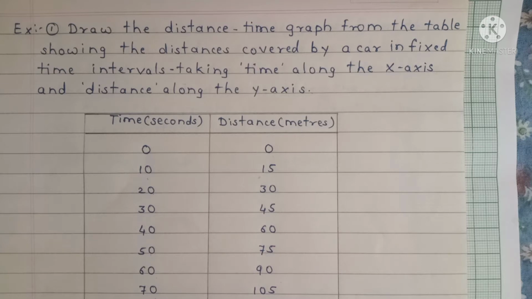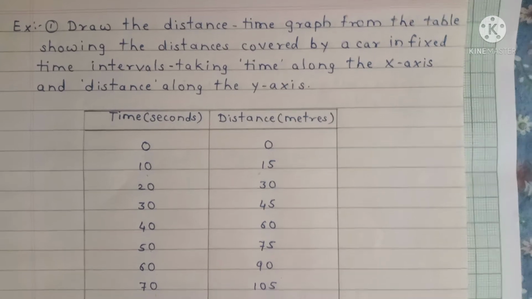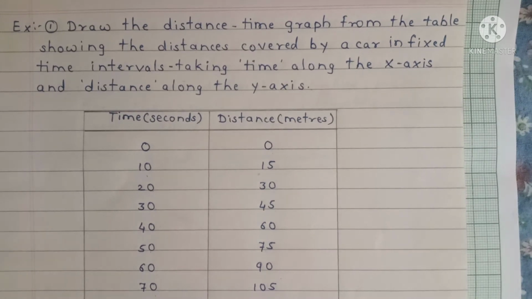Today we are going to see graphs from chapter number 1. So let us see first of all the first graph on page number 5, children. There is a graph given, and for plotting that graph, a place is also given. So let us plot the graph for distance and time, that is for uniform motion.